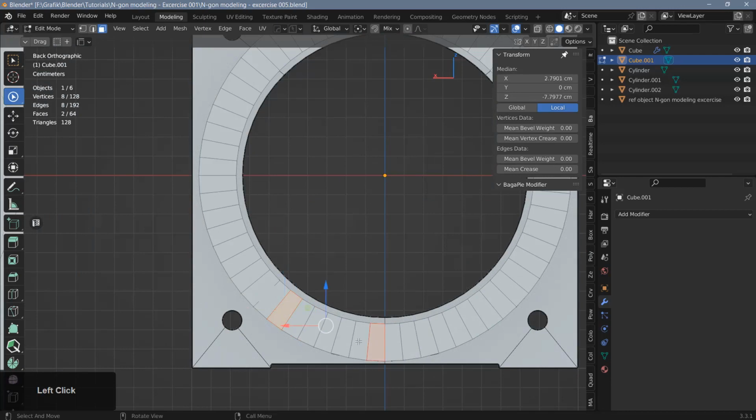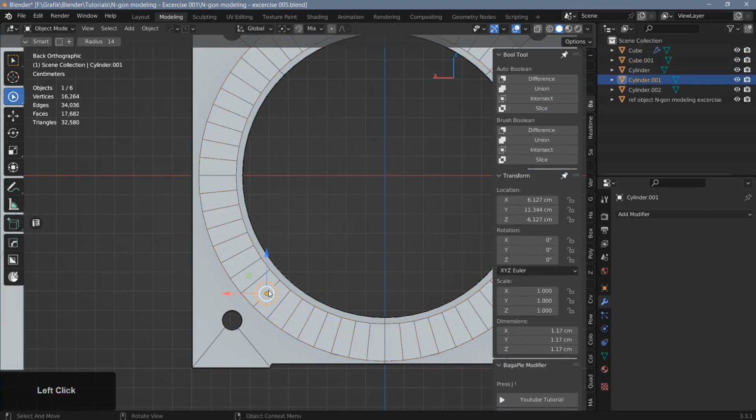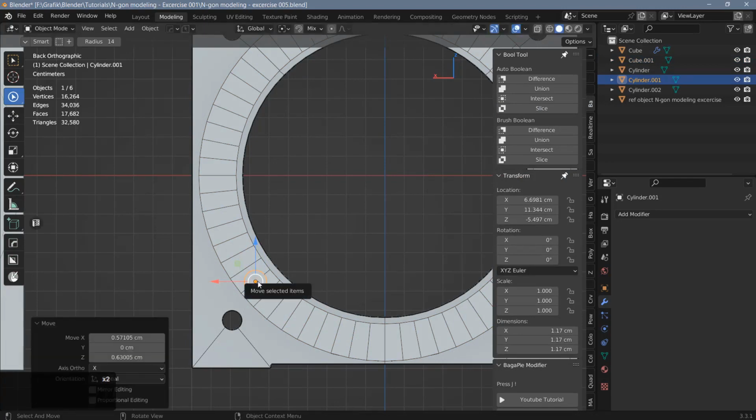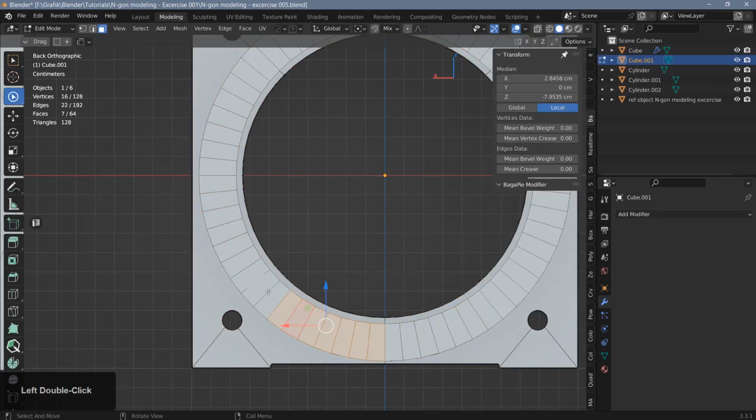Let's see, how many faces do we have here? Here we have 7. So I think what I'll do in order to make this a little more consistent, I'll just move that cylinder over to here, which means that we have 8 faces here, which means 16 if we mirror this over,